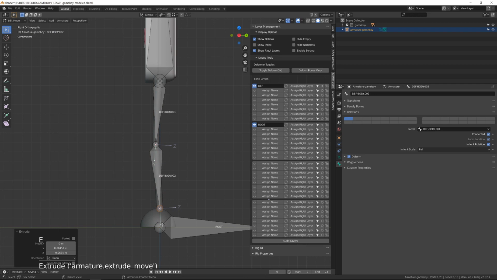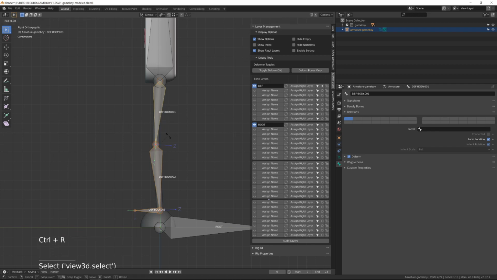In the meantime, I've extruded a bone from the head of the body and moved it to align it with the leg. Then I've extruded a second bone so that I have a thigh bone and a shin bone that will compose the full leg. Finally, I will extrude forward an ultimate bone that is going to be the deformation bone for the foot.